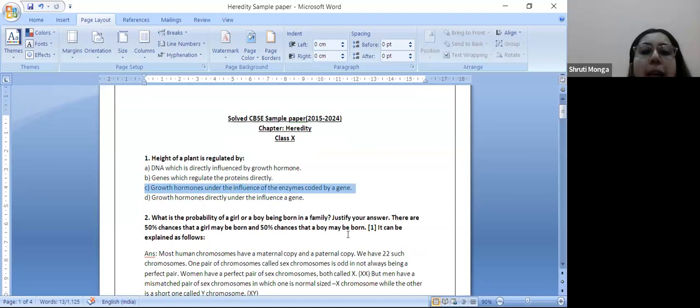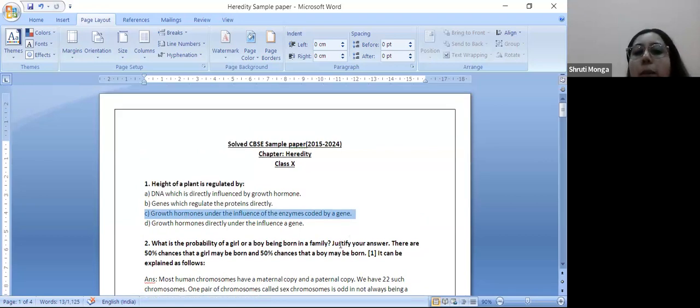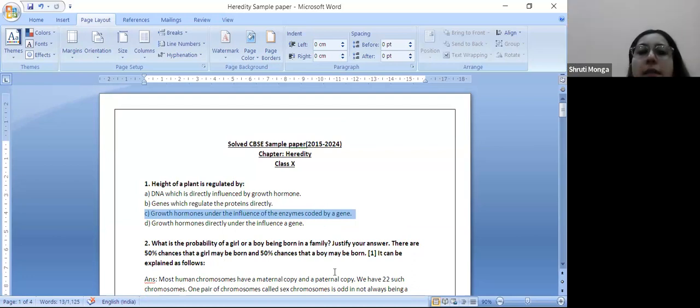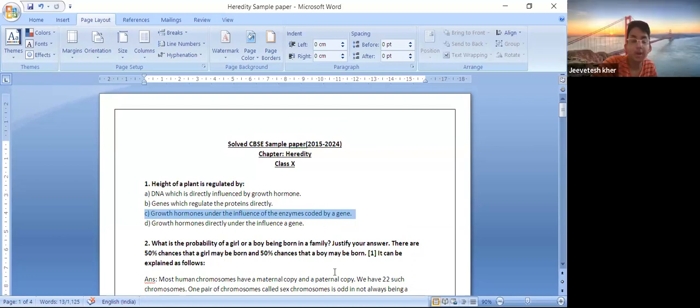Oh yes, who will explain this question to me? What is the probability of a girl or a boy being born in a family? Justify your answer. Mom, can I tell? Yes. Mom, so the probability of the child being a boy or a girl is equal,